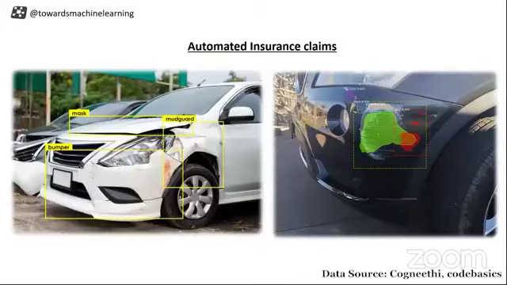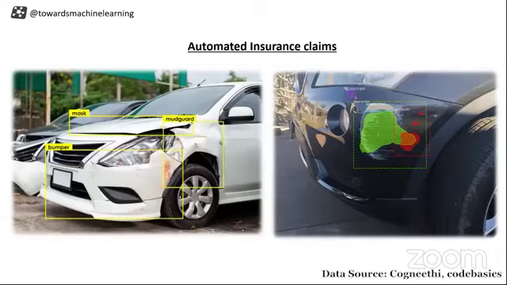Let's see what are different kinds of applications of object detection. This is one of the examples that I have come across, automated insurance claim. Someone asked, can we go through Mask RCNN? Actually, practically, it is not possible today to take all these algorithms at a time, but we'll see in the next classes. For now, let's focus on the current slides.